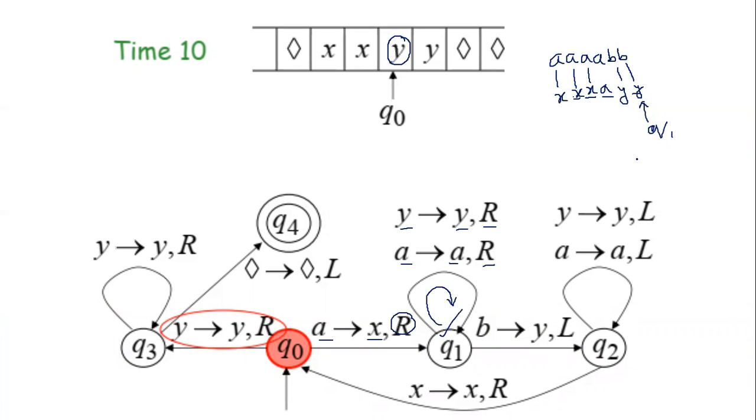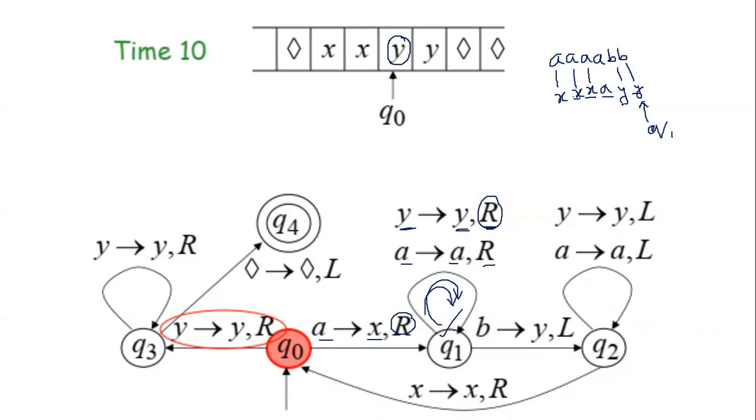Right? Because you have a self loop on Y. No, if you are in Q1, if you get a Y, you will keep this Y as it is and you will go towards right. That we have seen. Why would it go to left? It will only go left when you are able to change a B to Y. Then only. Not before that.